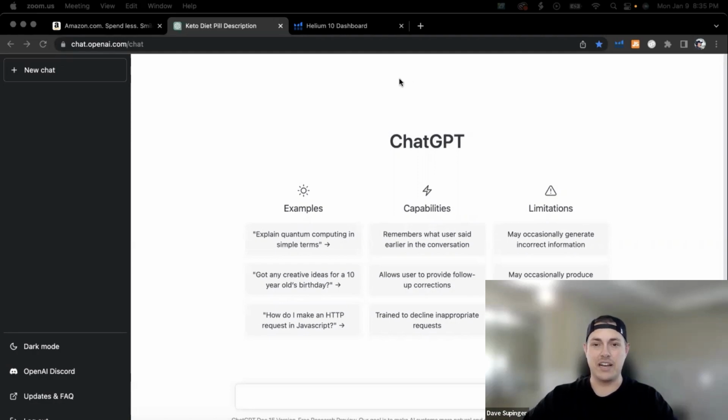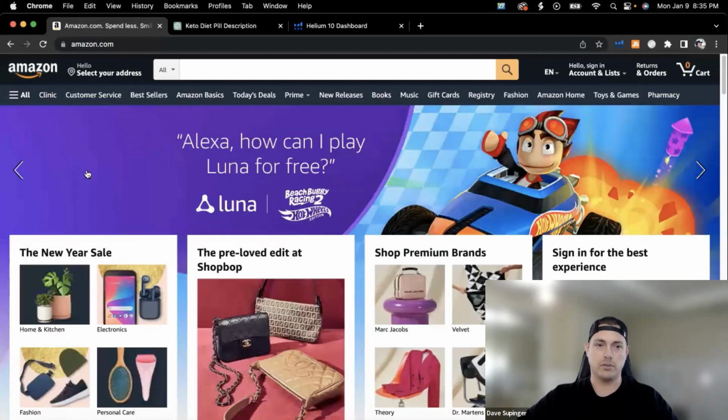All right, so here's ChatGPT. Once you log in, you'll come to a dashboard like this, and you can ask it any kind of questions. You can ask it to look up information. It's super powerful. So what I do is I actually come here to Amazon to look for a product to